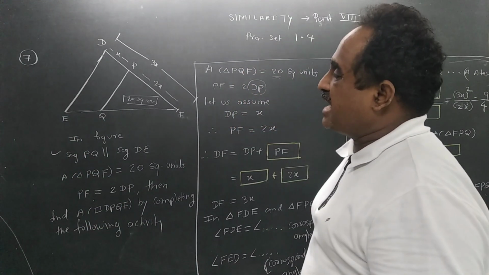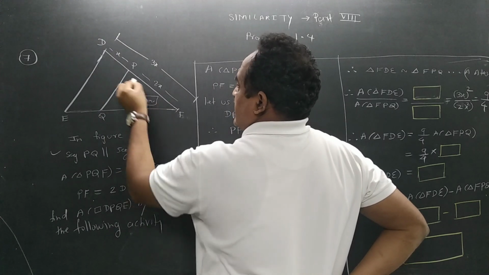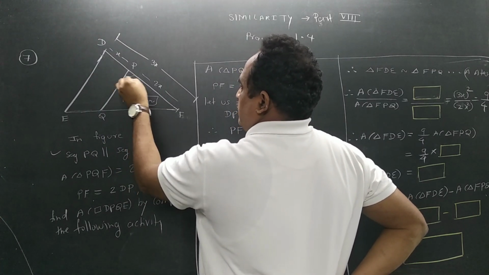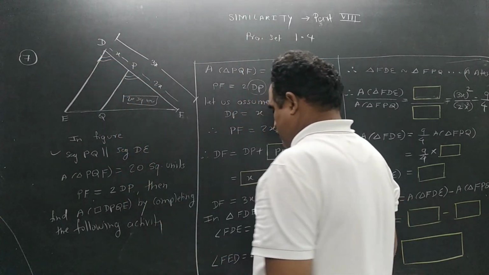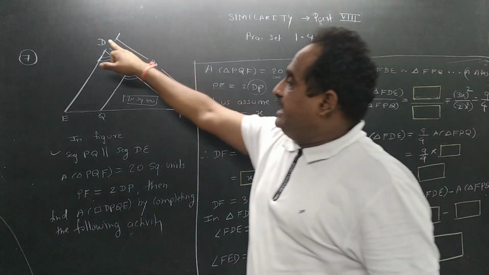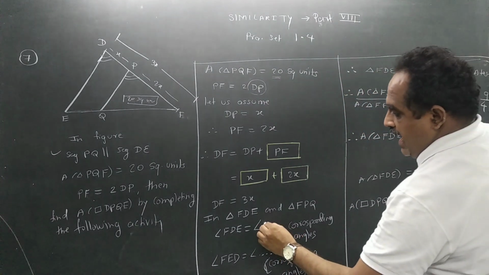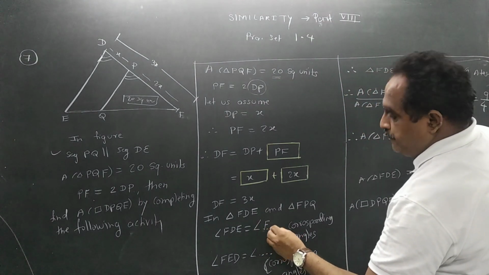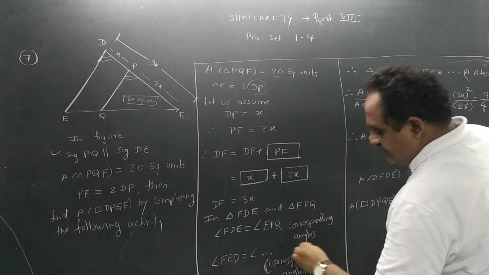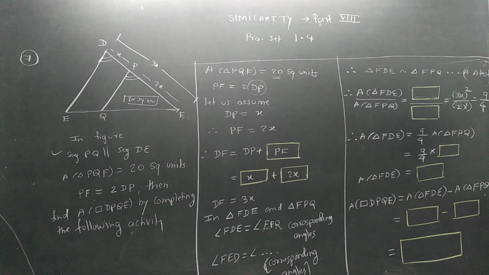I know that if they are parallel and there is a transversal, this angle will be congruent to this. So what can I write? Angle FDE will be congruent to angle FPQ. Reason क्या दिया इन्होंने? Corresponding angles. हमें just fill in the blanks भरनी है. Right. Now next is